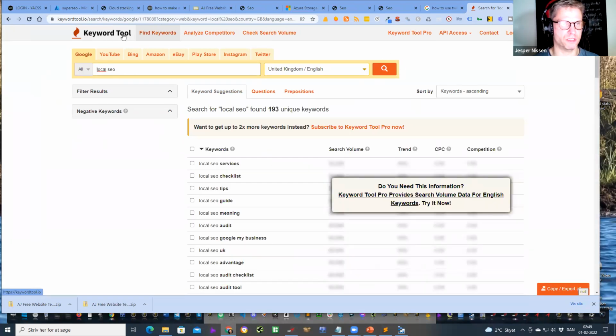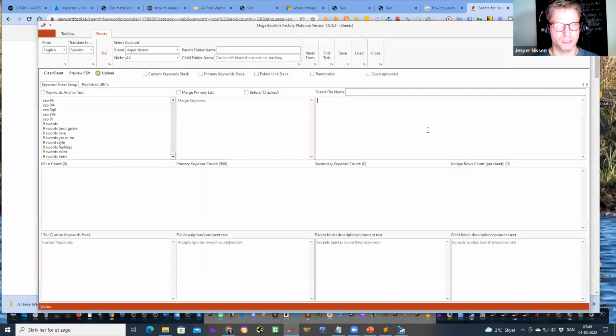Keywordtool.io is a free website I use for quick and dirty gathering of a lot of keywords at the same time. Searching for local SEO found 193 unique keywords, so I click copy to clipboard and put them over here.